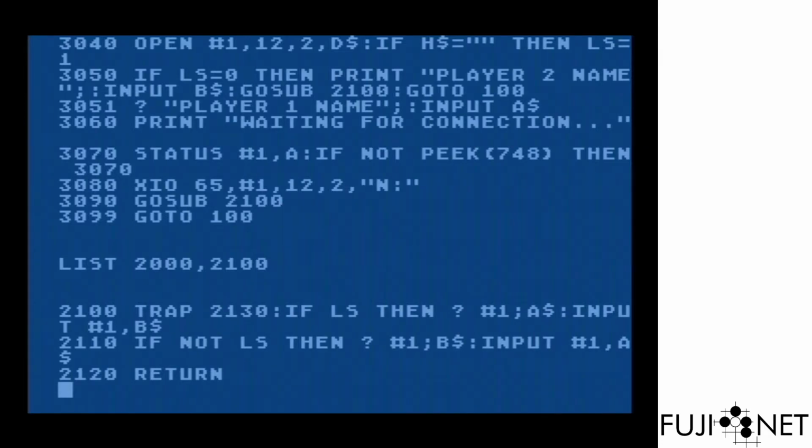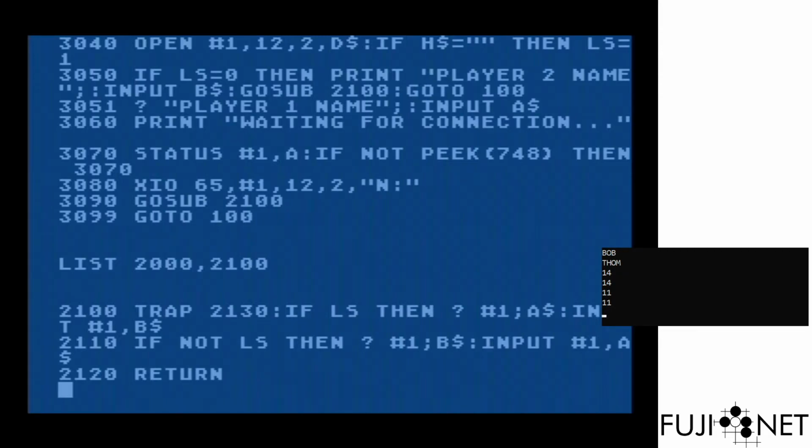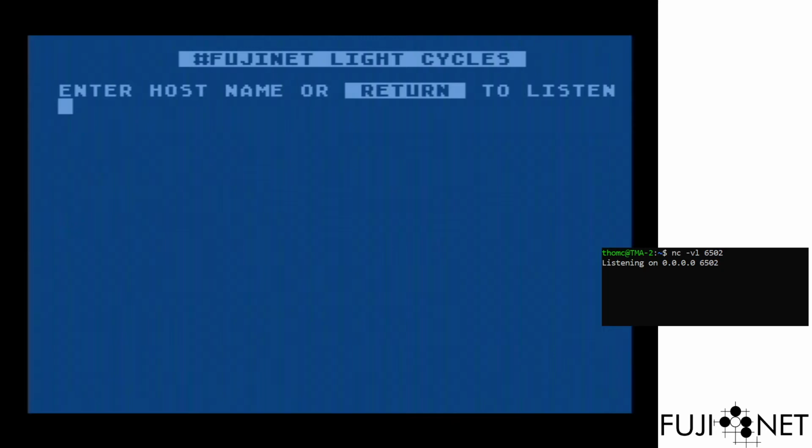and we can actually go ahead and see where things stand at this moment. We'll go ahead and open up another window here on my Unix box, which is essentially my netcat window. And in our case, I'm going to have the PC here answer the connection. It's going to sit here, it's going to wait for a connection. And we're going to try this out. Okay, we see that our game has now gone into our little intro here. Enter hostname or return to listen. I put in the host name of my PC here,